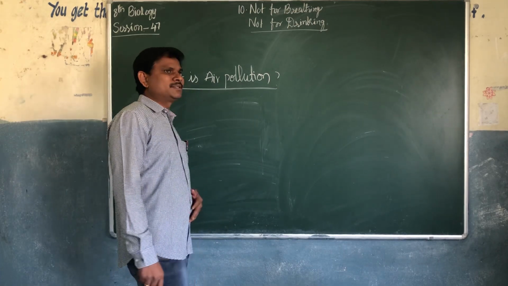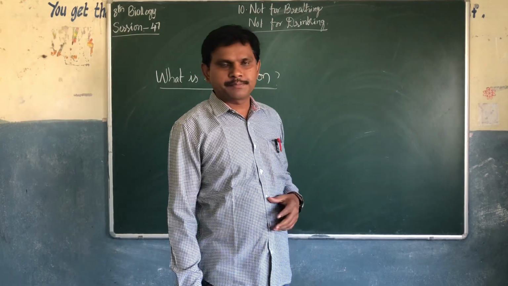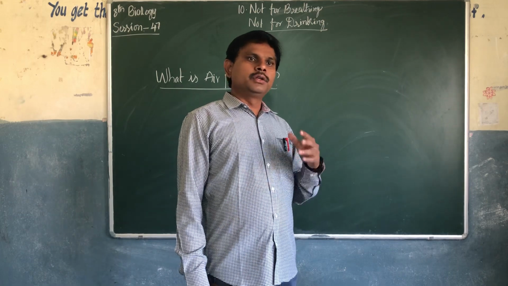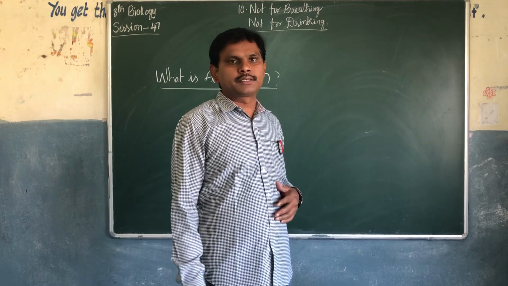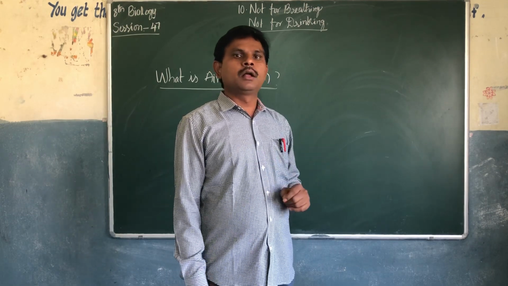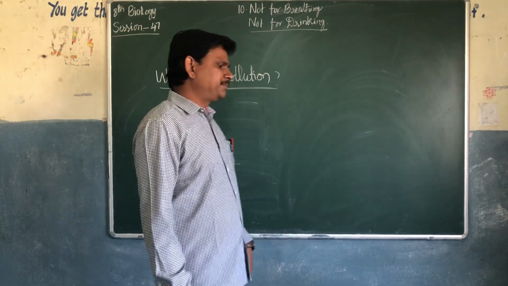What is the use of this oxygen? Blood carries nutrition to the body parts. This blood carries oxygen to the body parts. This oxygen is utilized to break down glucose and to release carbon dioxide and energy.